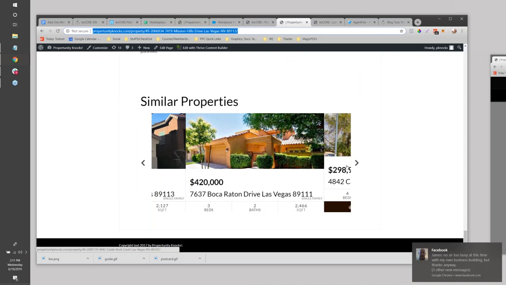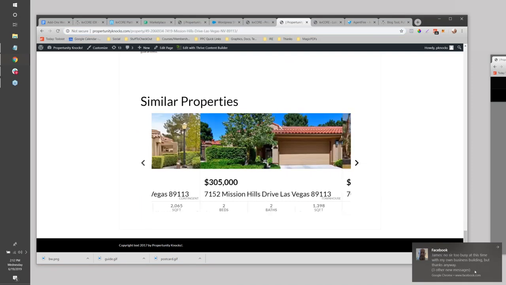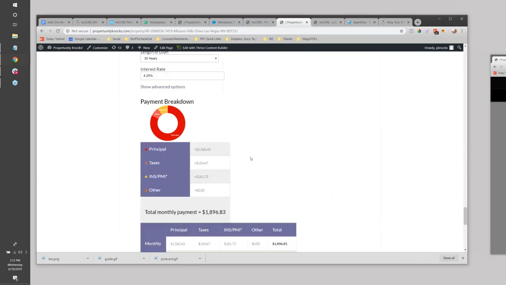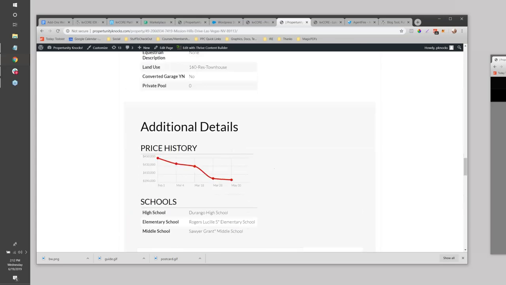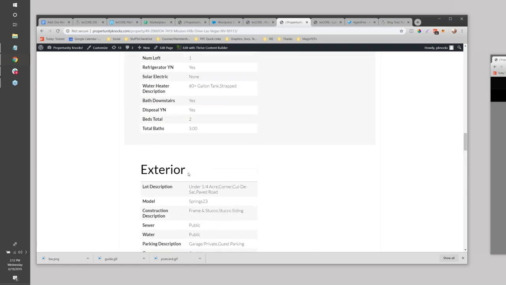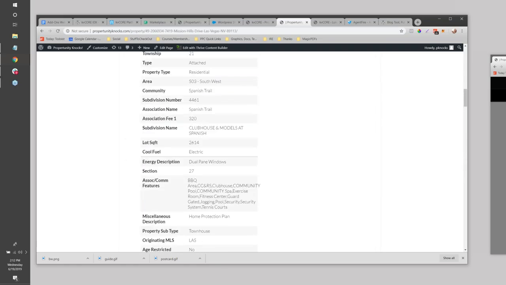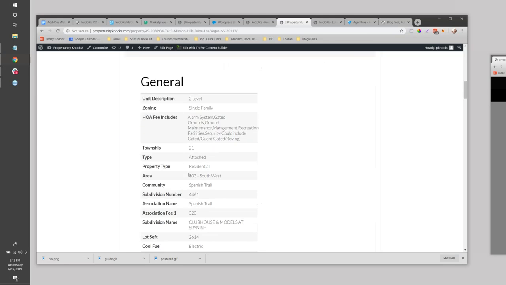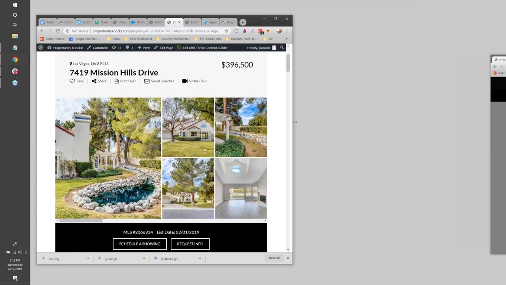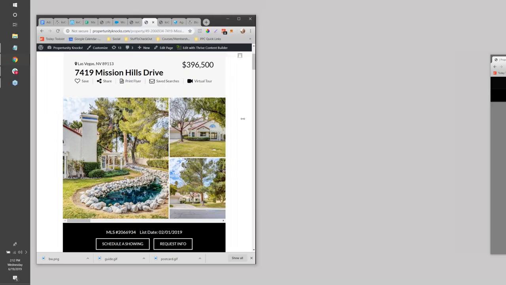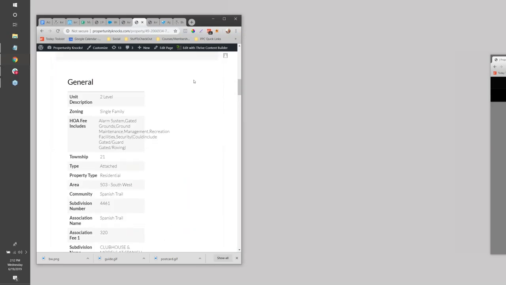You also notice at the bottom of each listing, you have this similar properties widget, like so. Got some price history, some school info. And again, this can be tightened up. I kind of just popped this on here, but I imagine if I had, you know, a sidebar, it'll respond. See how it's kind of responding to mobile? So it's going to look pretty nice on a phone,